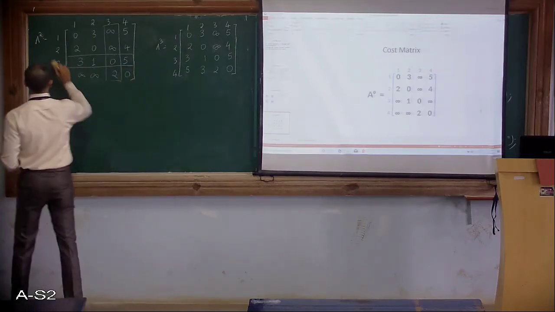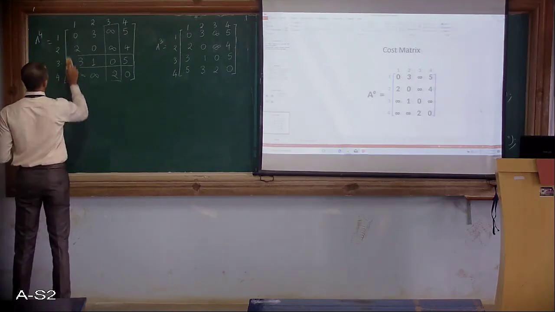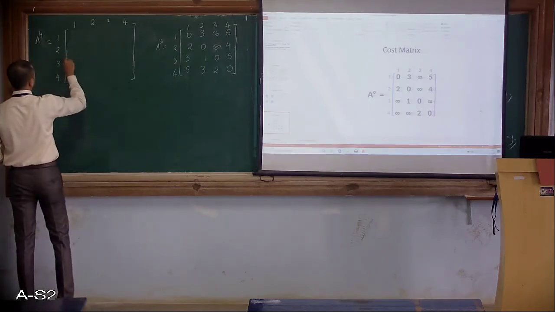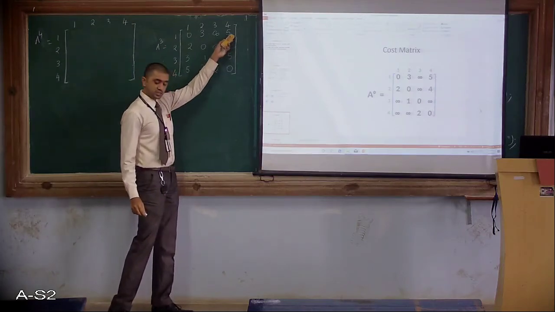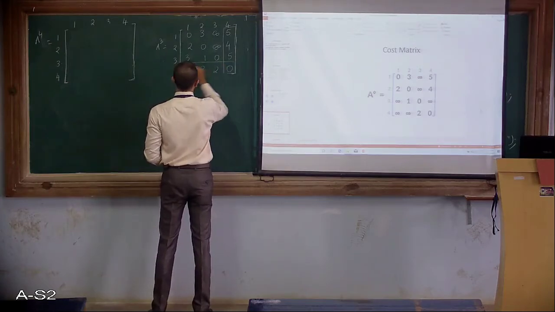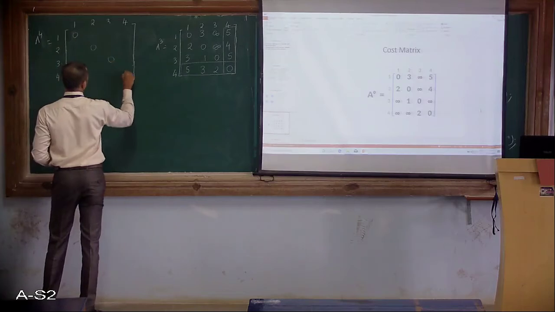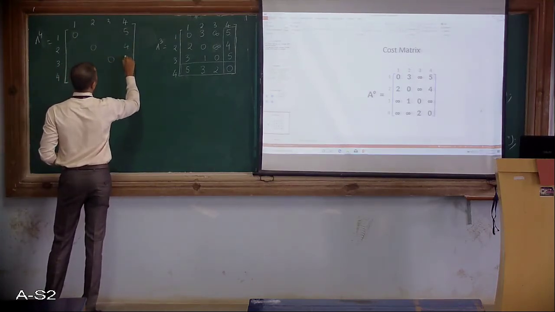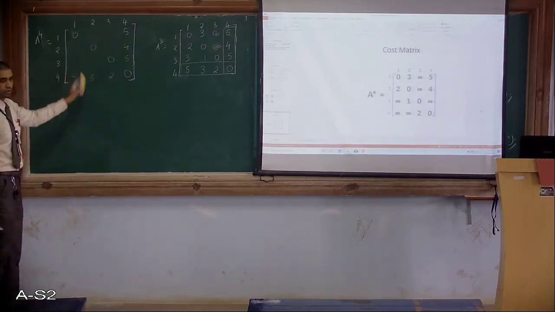There's one more matrix remaining, called A4, which I'll be deriving from A3. Let's see how to do that using the same formula. Now the intermediate vertex is going to be 4. So freeze the 4th row and 4th column. Retain all the zeros of the diagonal elements, and also retain these 5, 4, 5, 0 and 5, 3, 2, 0. We'll find out the remaining.